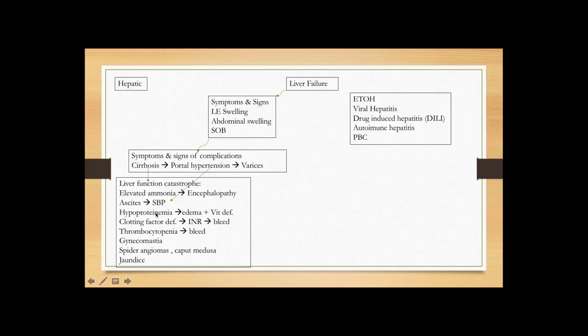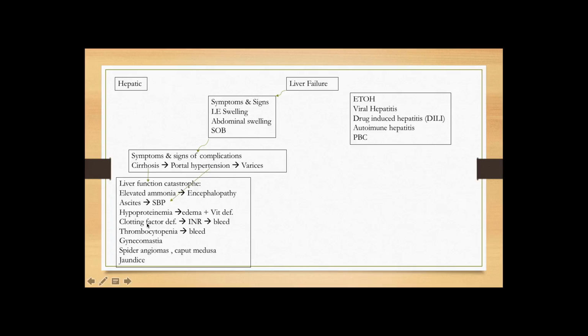Before we go on to the further sequelae of varices, let's look at hypoproteinemia. Because liver is not functioning and not synthesizing, protein level will drop, so there will be edema because of low protein, and also vitamin deficiency because people are not able to hold on to vitamins. Remember that edema in the body can result from different mechanisms. In addition to hydrostatic pressure and osmotic pressure, low protein levels will also cause edema. So that's another reason for massive edema.